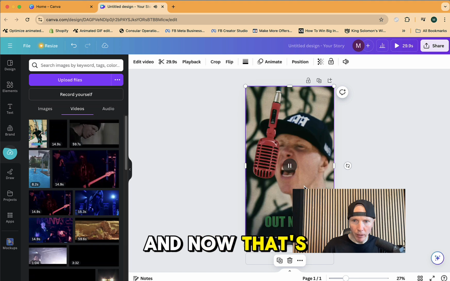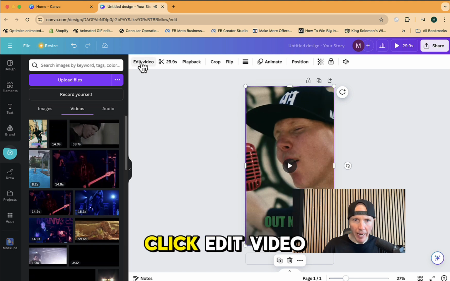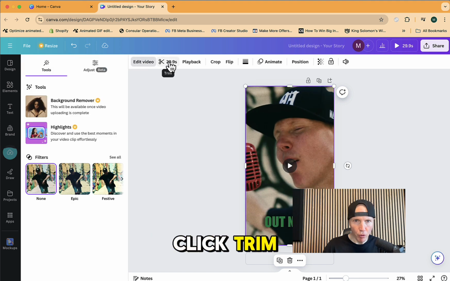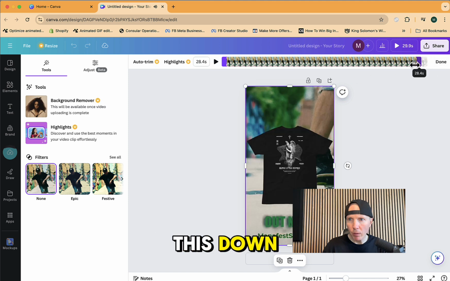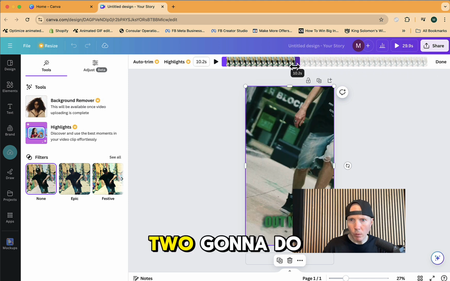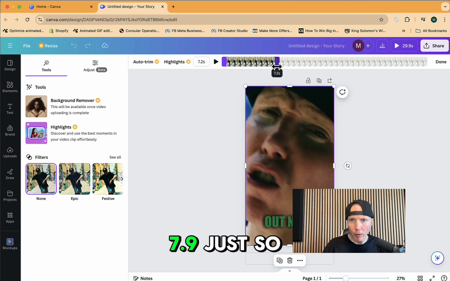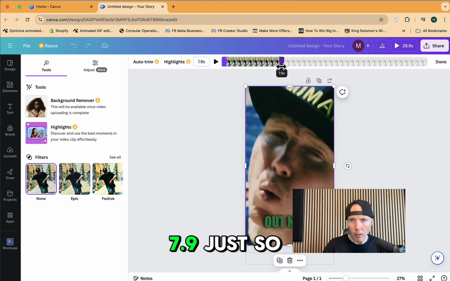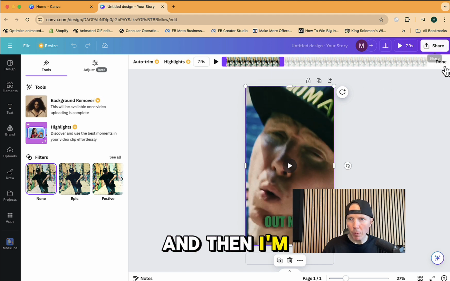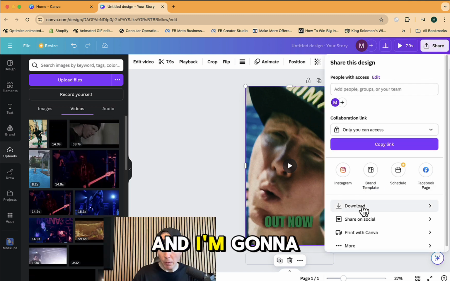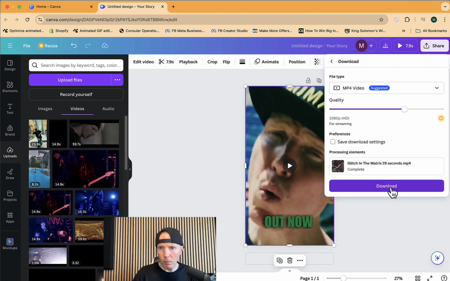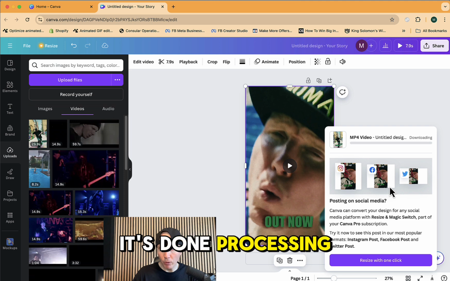And now that's playing. Now I'm going to click Edit Video, and I'm going to click Trim, pause, and then I'm going to drag this down to 7.9 just so we're safe, and then I'm going to click Done, then I'm going to click Share, then I'm going to click Download. Now that it's done processing,